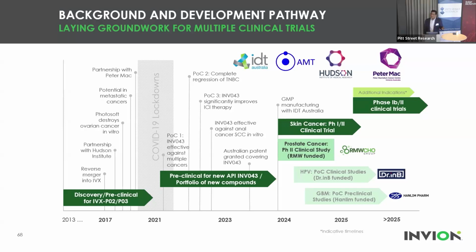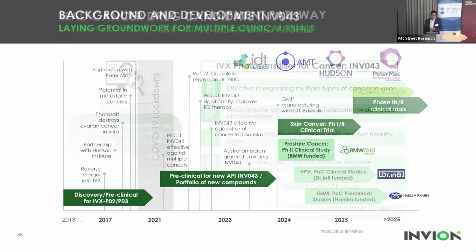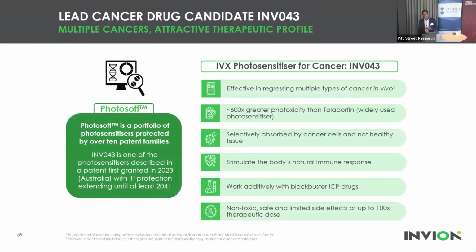And so during the last several years, it's just been very uninteresting for the market because we've had mice cancer cures, things that the market doesn't care about. We are at the stage now where there are things that we hope the market really cares about: safety in humans, efficacy in humans. And so I think you'll be seeing a number of catalysts over the next 1 to 2 years that hopefully will be groundbreaking. So let's talk a little bit about our lead candidate for cancer,